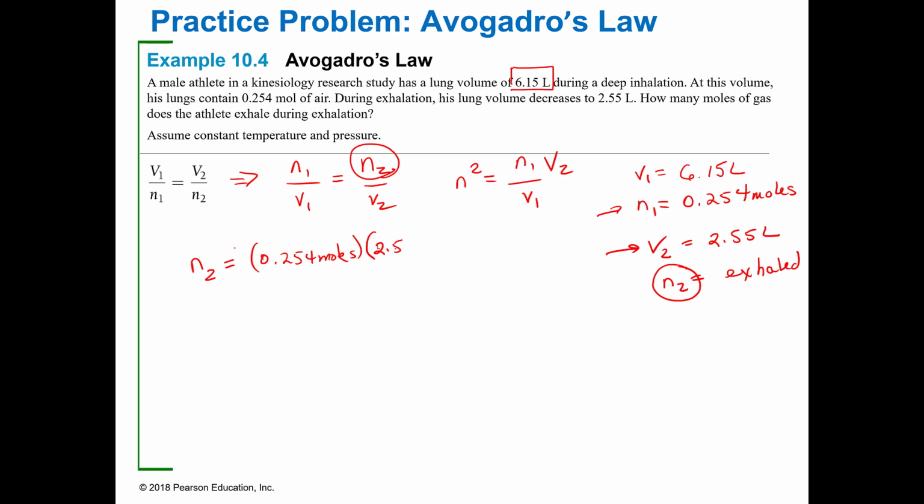And always you got to check, make sure you're doing the right one, because that's the most often mistake made, is to flip those and put the wrong one there. And then we're going to have V1 on the bottom, 6.15 liters. Liters will cancel, and I'll be left with moles. And then all I have to do is plug and play into my little handy dandy calculator, and I should get